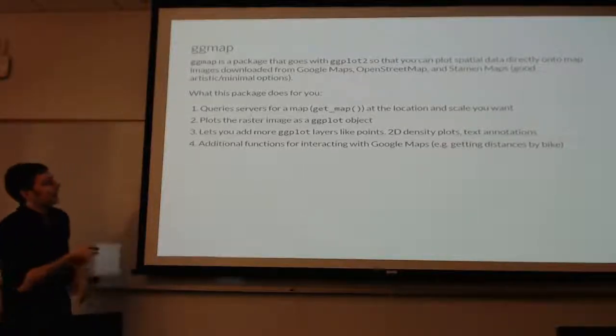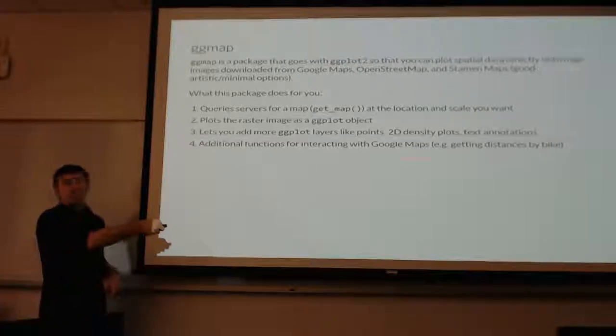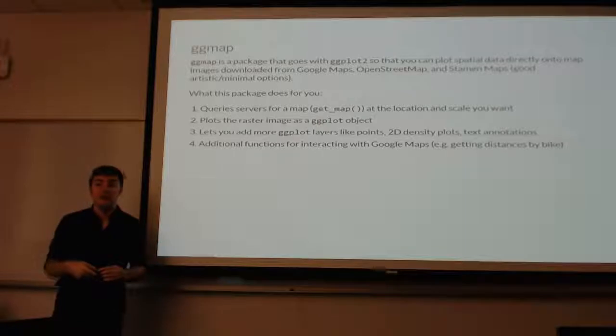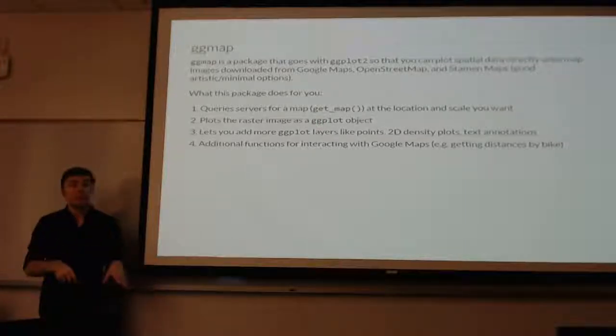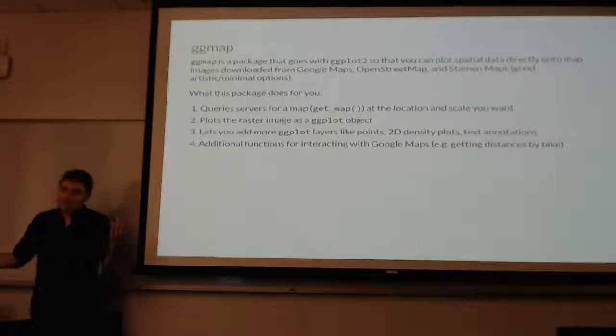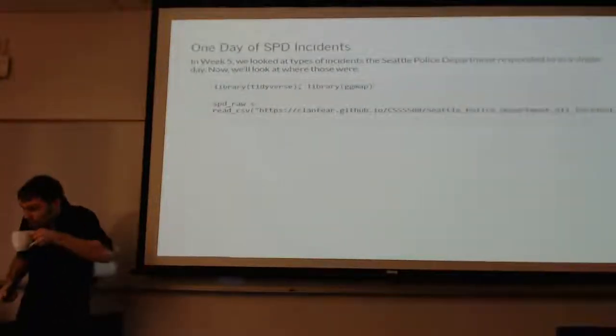It also has some additional functions for interacting with Google Maps, things like getting distances between places, for instance distance by bike, distance by car, walking distances, as calculated using the Google Maps API. So it can do a lot of different things that are pretty neat. You might be able to think of reasons to use those too. Okay, so